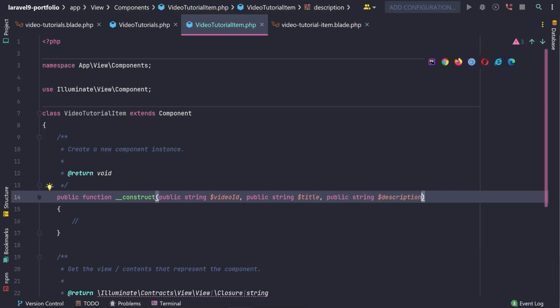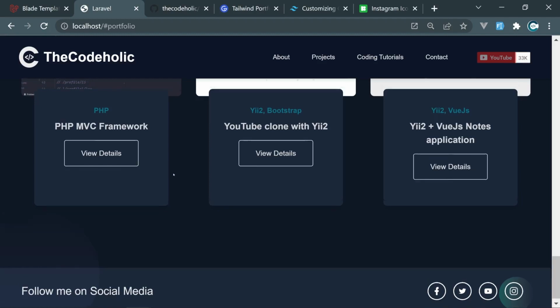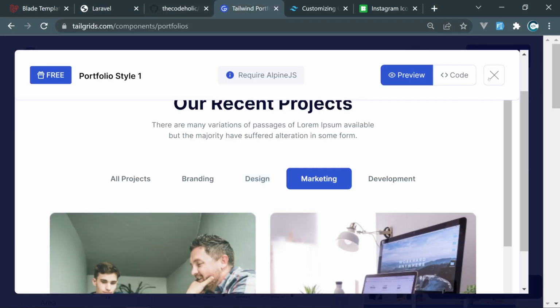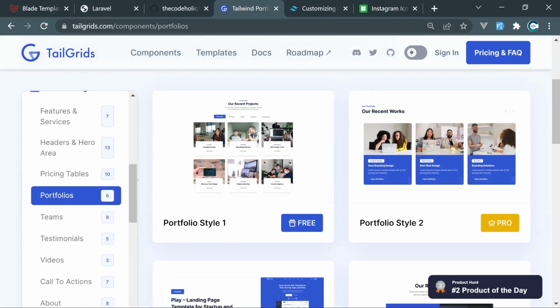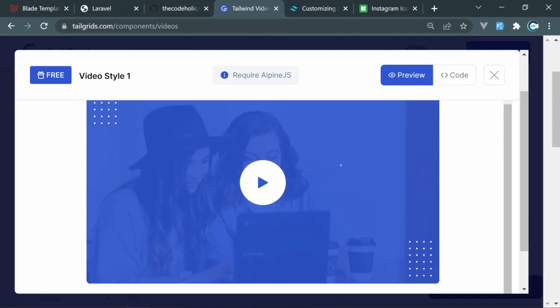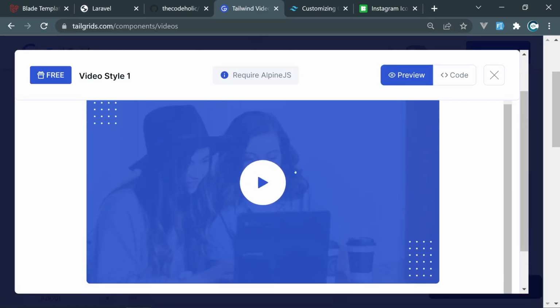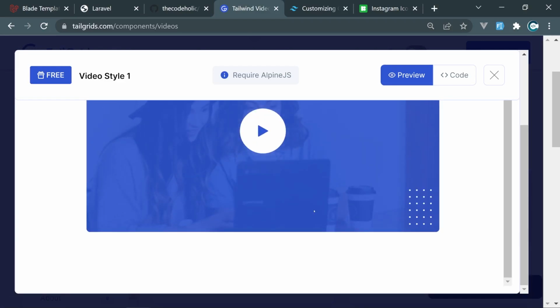Okay, those variables will be available in the video tutorial item. Let's actually define this item first. Each individual video item should look like it is on the TailGrids. So if we have a look in the videos, this is how each individual item should look. We have this play button, the dots, this spinning animation, but we need to add a few more elements, like we need to specify title and description, a very short description of the